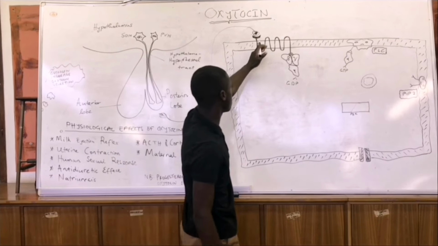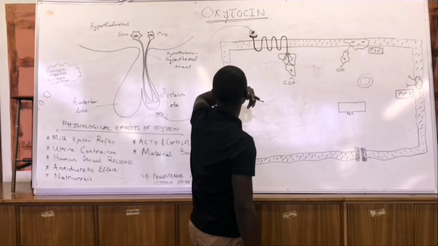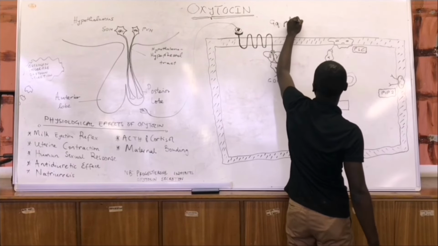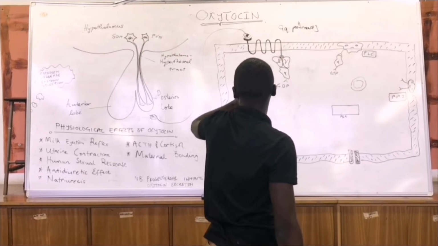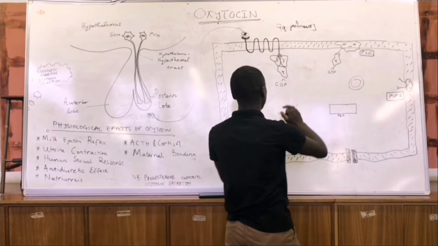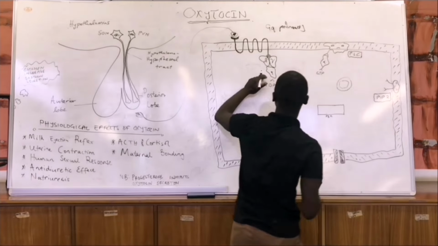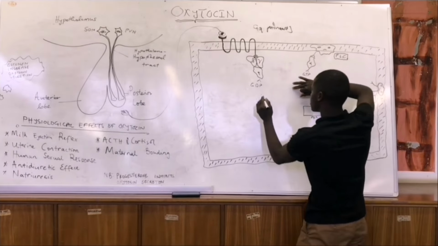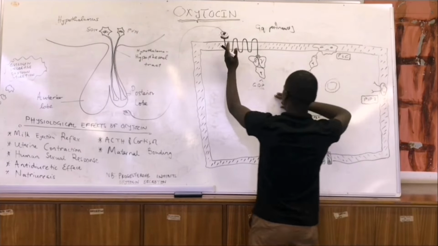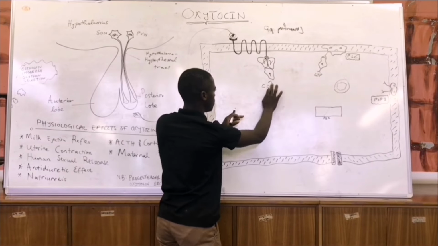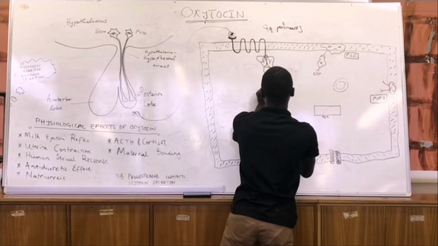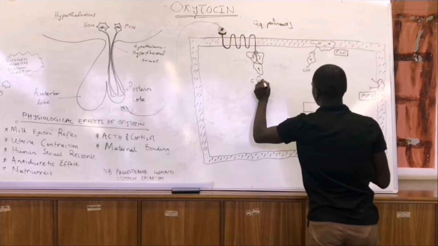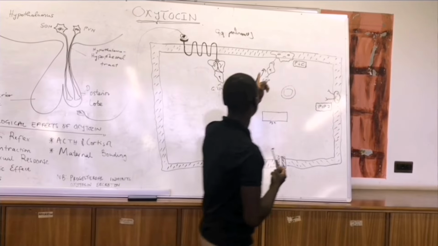As you can see, this is a 7-pass membrane receptor, which means this is a G protein. So oxytocin works by a mechanism that we call the Gq pathway. Right. So when oxytocin binds to our receptor, it will activate an intracellular response. We've got our gamma, alpha, and beta subunits. These are inactive because they are bound to GDP. When oxytocin binds, we replace this GDP with GTP. When this happens, our alpha subunit separates from this triad,